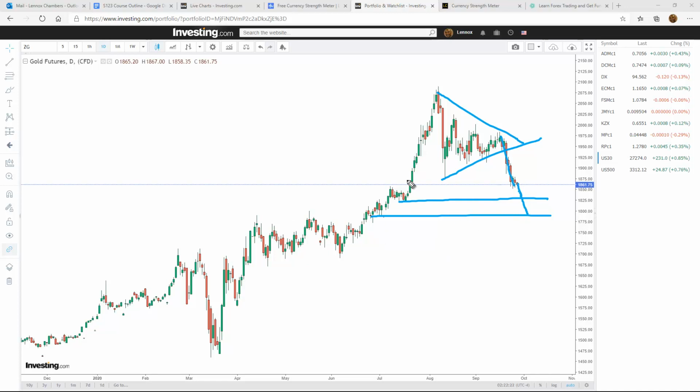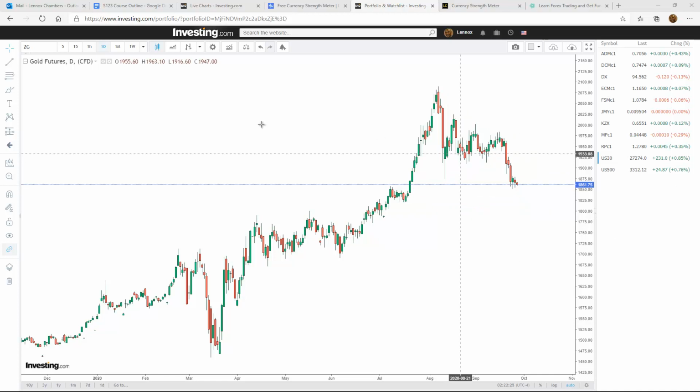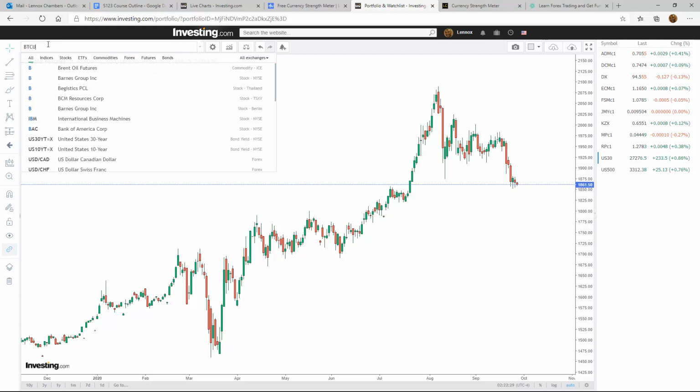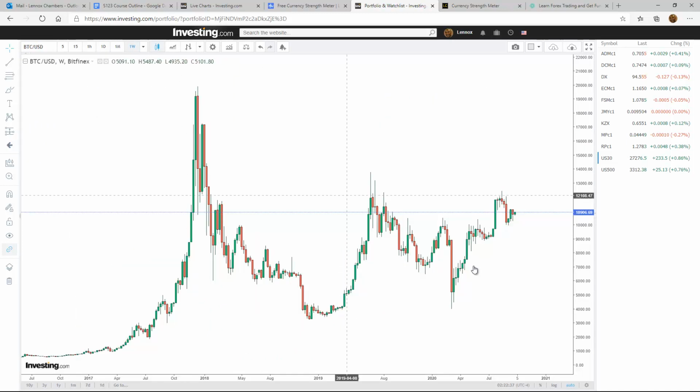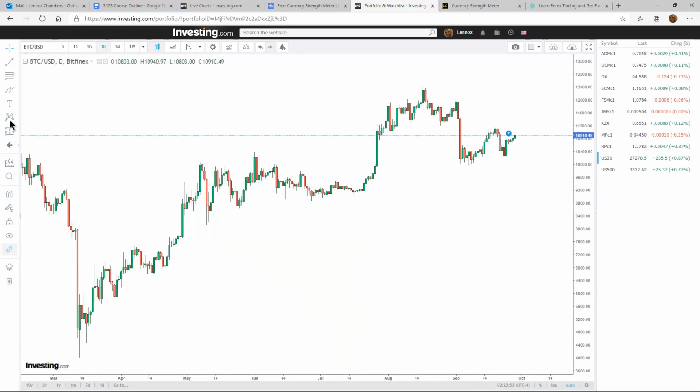All right, so let's take a look at Bitcoin. And let's take a look at weekly. Okay, so Bitcoin again made quite a move to this area, very close to previous resistance, and is now turning back. So we're getting a retrace of this current move. So dropping to the daily time frame, again putting the fib retracement on,